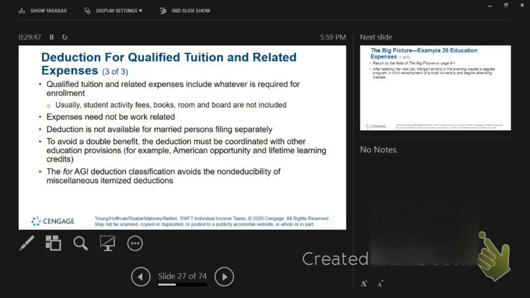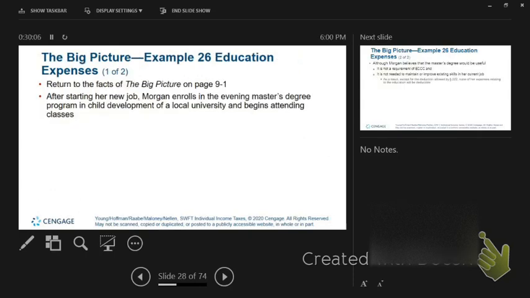So what does this do? This helps people who could not deduct some education expenses that were miscellaneous from a non-reimbursed work environment, who might be able to put them in this environment. And the other thing here